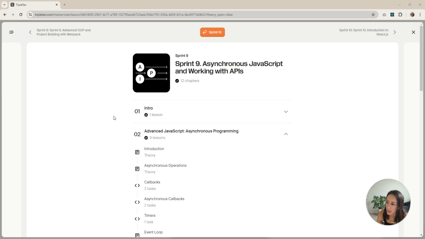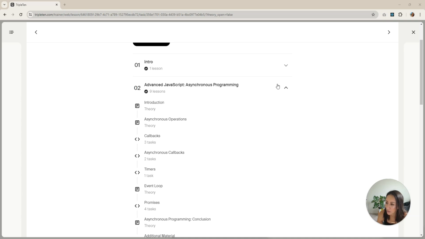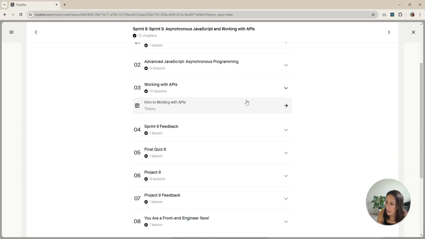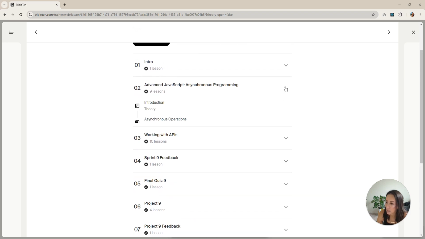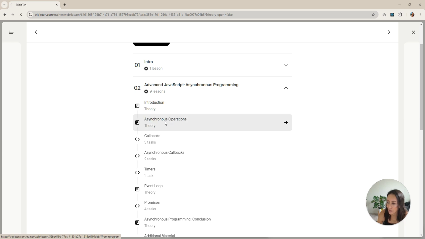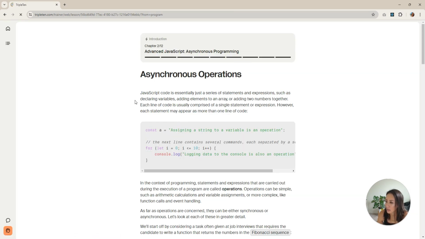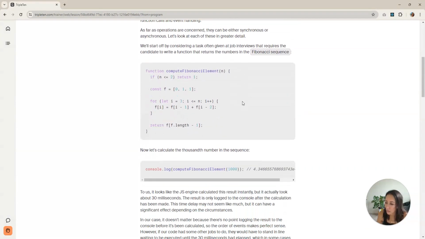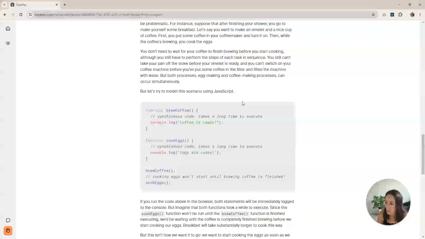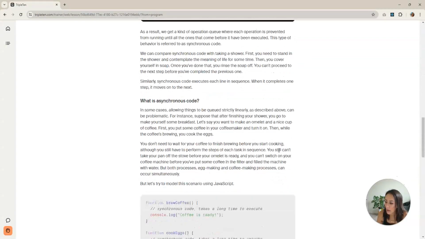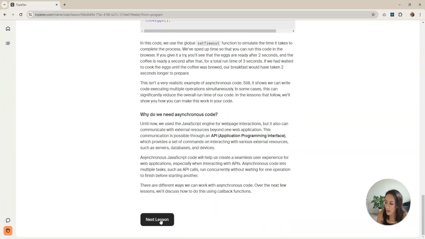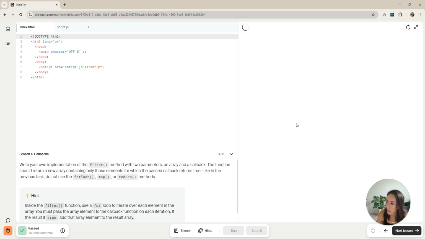So here I've got the Project 9 sprint, and you can see that it is broken into various lessons. And then also the project here. If we look at lesson 2, this is a theory lesson, so you'd go and read through the lesson for this particular topic, which is on asynchronous operations. And then once you've done that, you'd follow through and you will be taken into this new window which shows